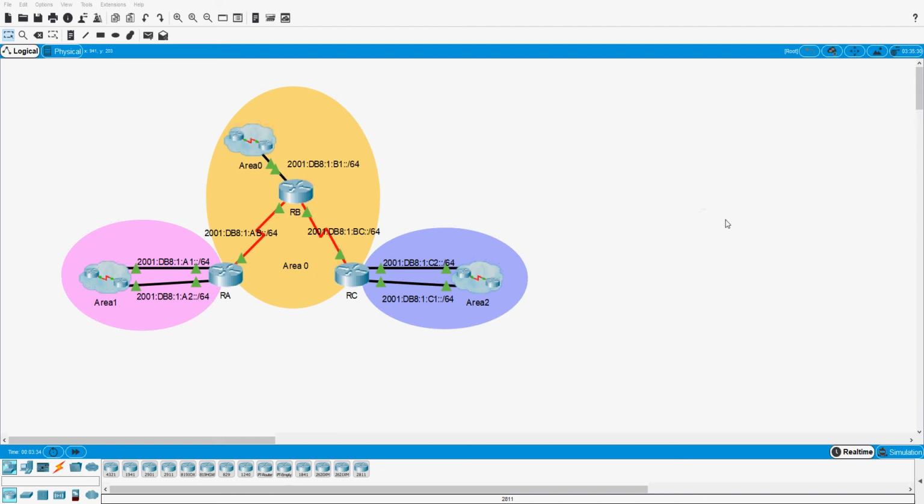So today we are going to discuss multi-area OSPF version 3 for IPv6. Version 3 is only for IPv6. In this activity we will configure multi-area OSPFv3. The network is already connected and interfaces are configured with IPv6 addresses. So our job is to enable multi-area OSPFv3, verify the connectivity, and examine the operation of